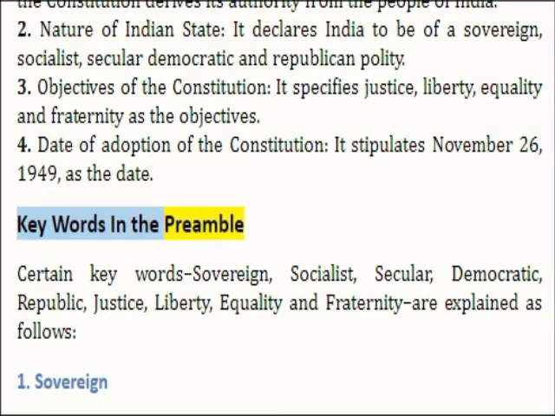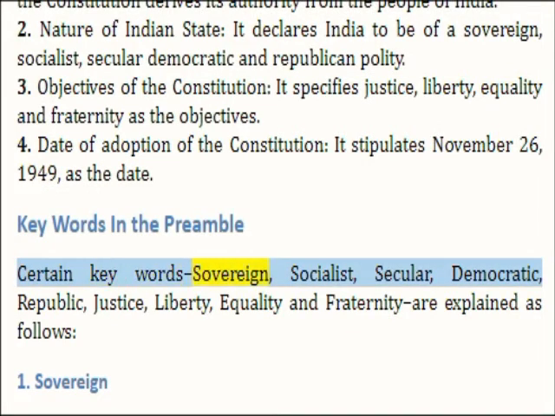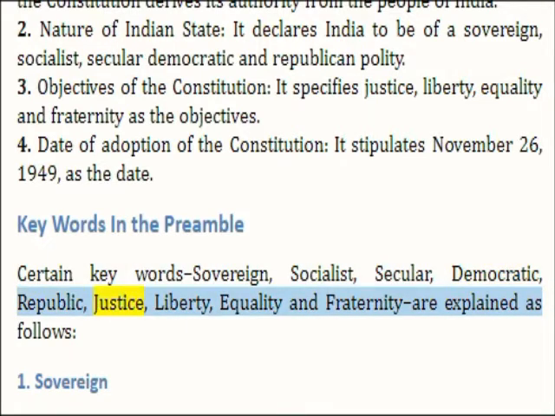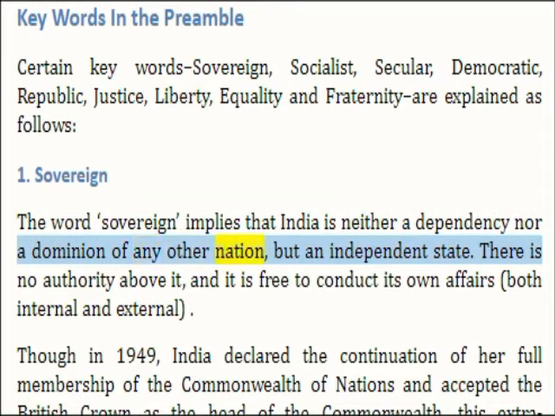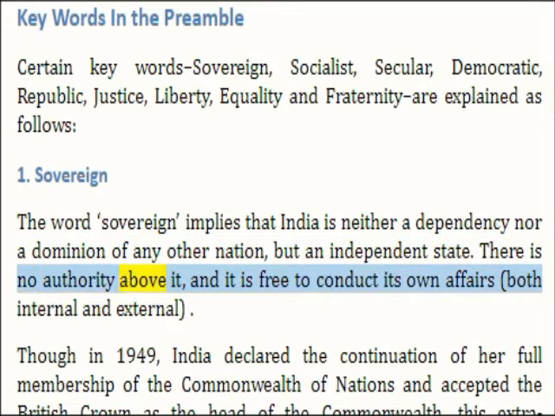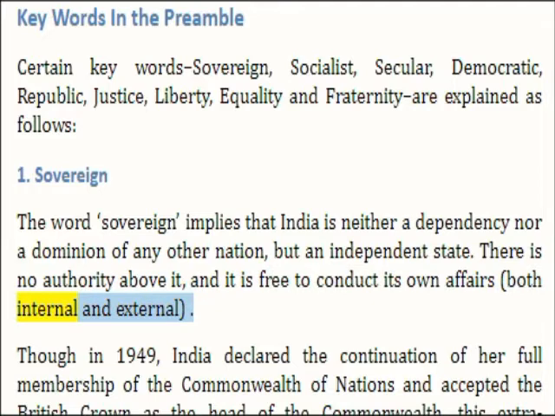Keywords in the Preamble. Certain keywords: sovereign, socialist, secular, democratic, republic, justice, liberty, equality, and fraternity, are explained as follows. 1. Sovereign. The word sovereign implies that India is neither a dependency nor a dominion of any other nation, but an independent state. There is no authority above it, and it is free to conduct its own affairs, both internal